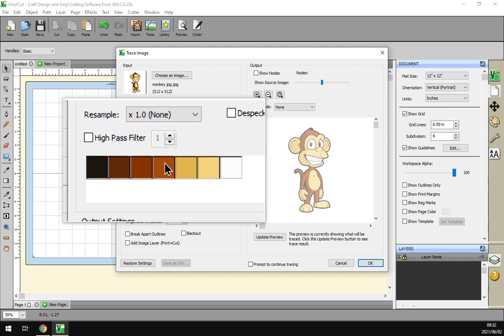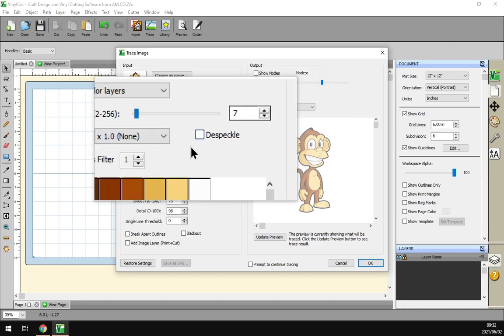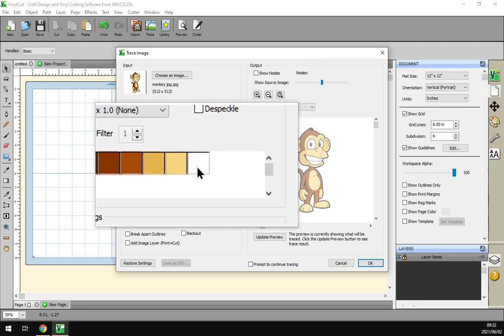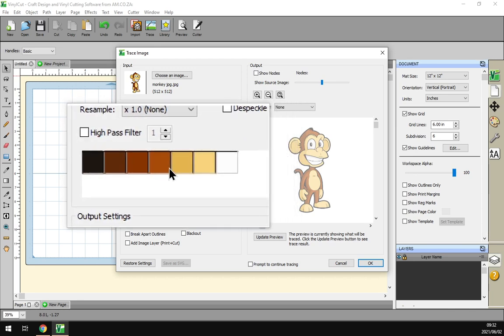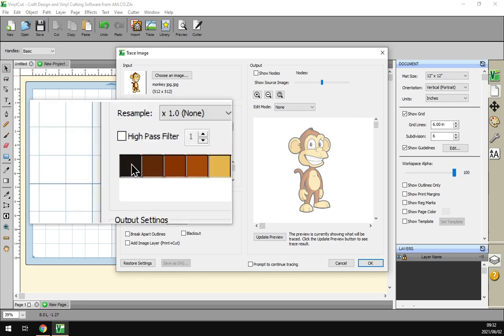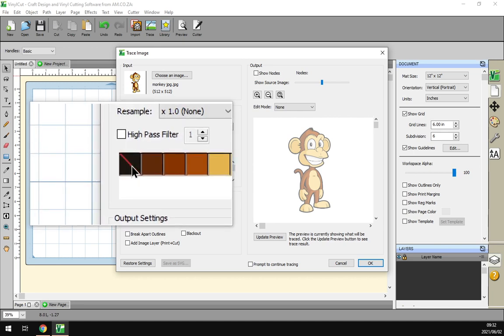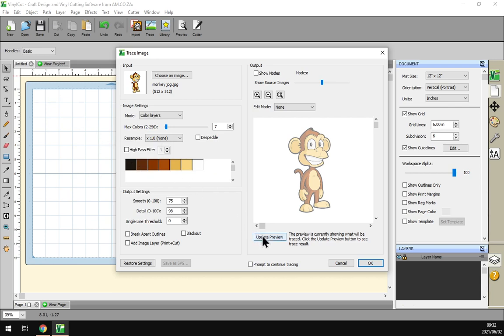Now on our palette we can see we've got the 7 and it will only render 6, even though we've got 7 here, because like I said, the white or the background does not render. A note: if you want to isolate any layers, so let's say you don't want to render the black outlines, you can just click on this layer, and it'll bring a little line through it, which will exclude it from the render. But we will not be doing that. So if we go update preview,